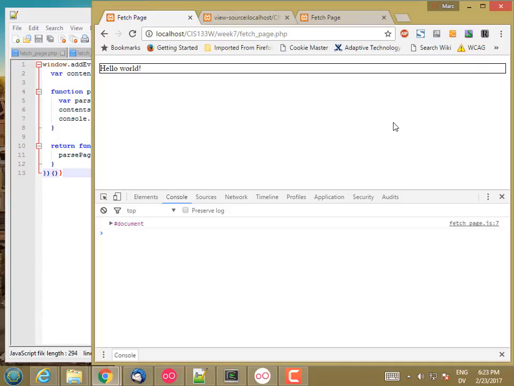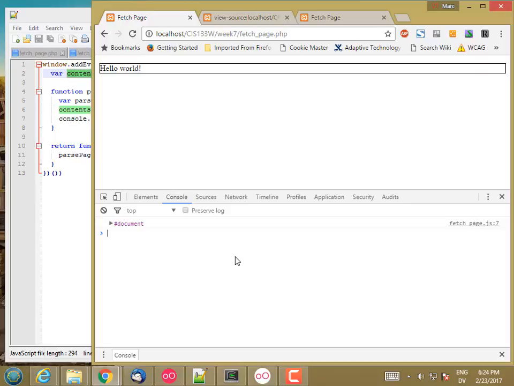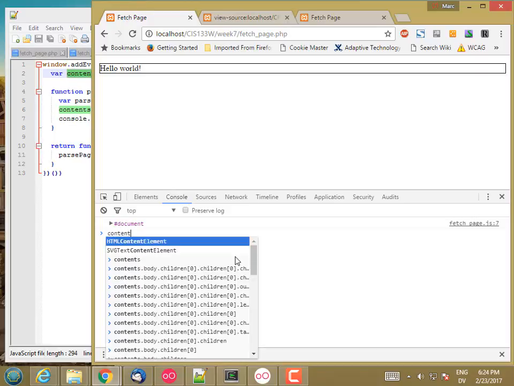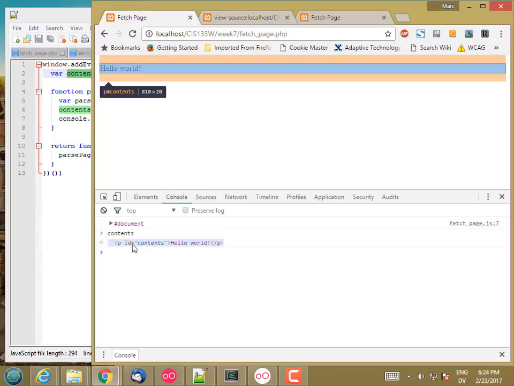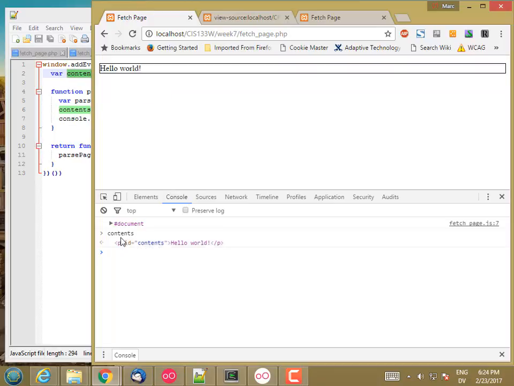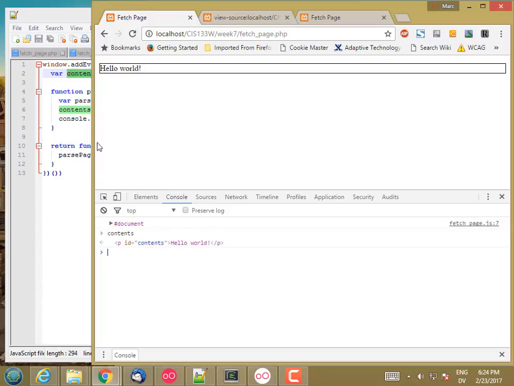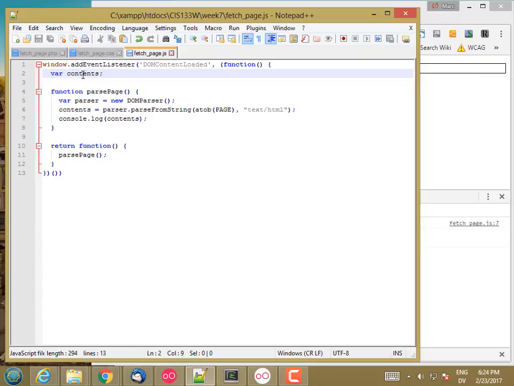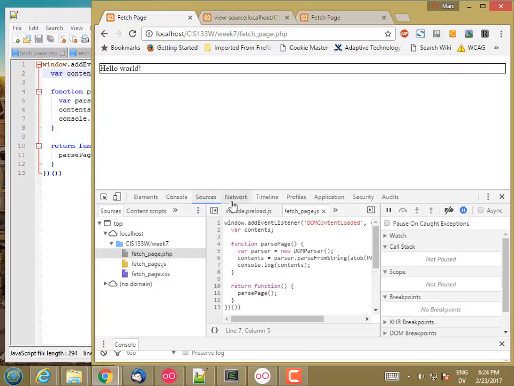So let's go ahead and do something with these contents. And I can't actually access this contents anymore directly because it's inside of this closure. If I type contents, that actually gives me the HTML tag whose ID is contents. So window.contents gives me the element that has contents as an ID, which is not the same as this HTML document. So if I want to get the HTML document, what I have to do is go to sources, and